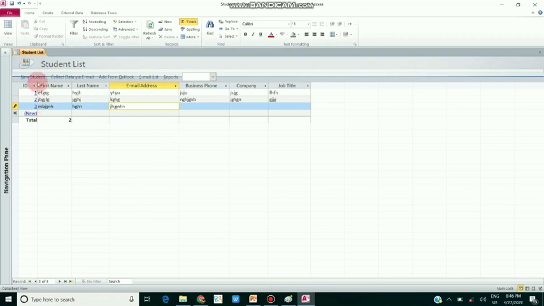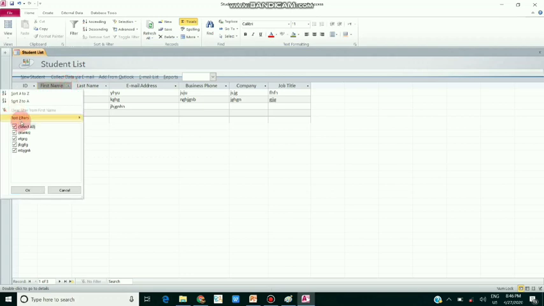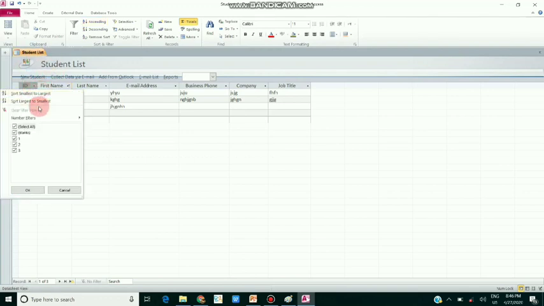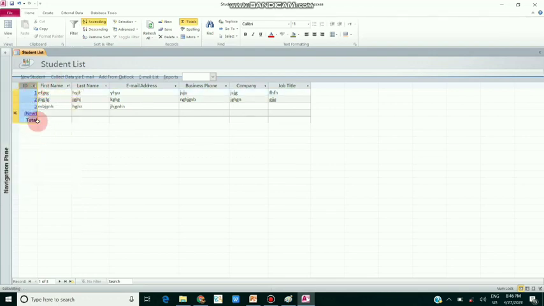Now I want to arrange this. I will click on it. Here is an option, sort A to Z. Automatically it should be sorted A to Z. Here, largest to smallest, smallest to largest. See 1, 2, 3. Full data should be changed, not only one. So in this way you can use this.